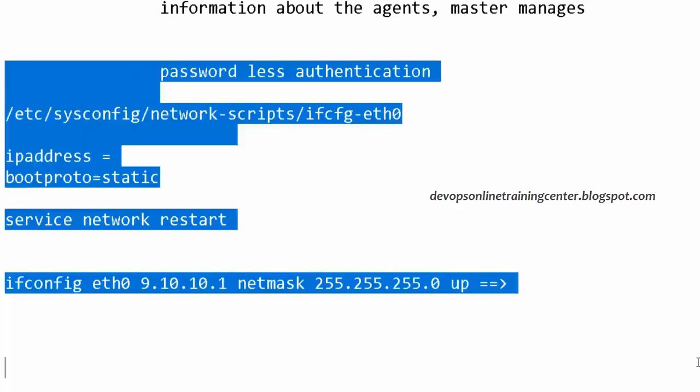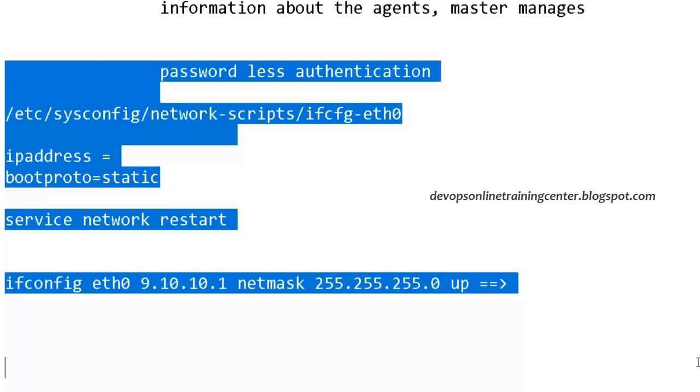Okay, so we have seen Ansible. We have seen Ansible installation. Ansible is for configuration management and continuous deployment. We can use Ansible to perform some task on the remote machine. Ansible is parallel in nature. Ansible is agentless. Ansible uses SSH. Ansible uses YAML for writing the playbooks, and Ansible is written in Python.